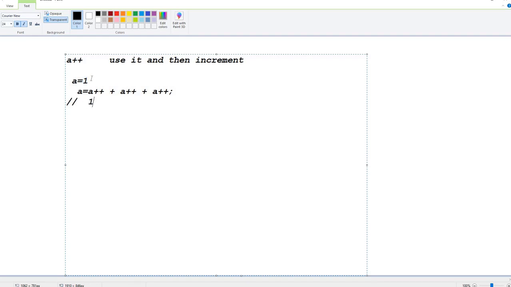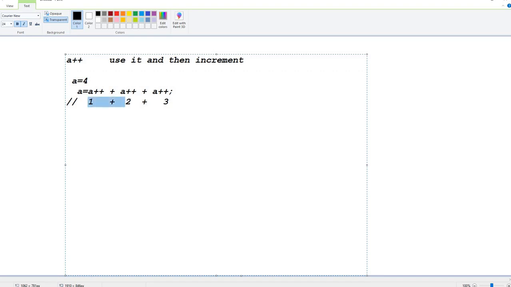Use it, and then increment in the memory to 2. What does a plus plus mean? A plus plus means use it and increment. What is the a value here? It's 2, and then increment in the memory 2 by 1. Again, what you have to do? A plus plus. What does a plus plus do? Use it and then increment. So if you see here, 1 plus 2 plus 3.